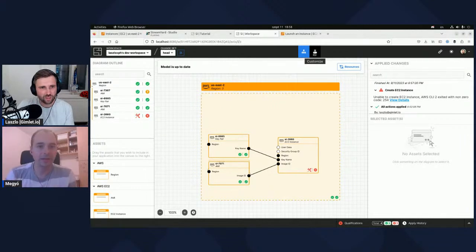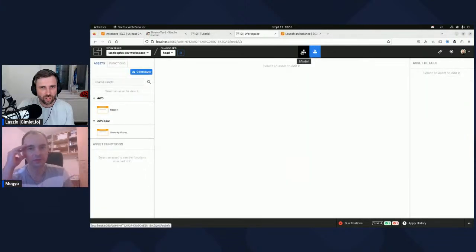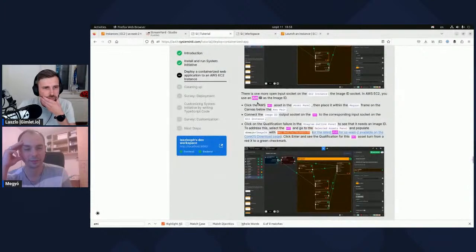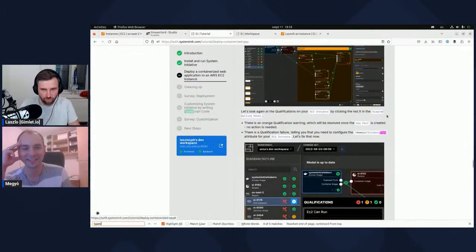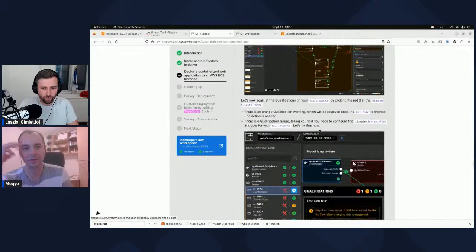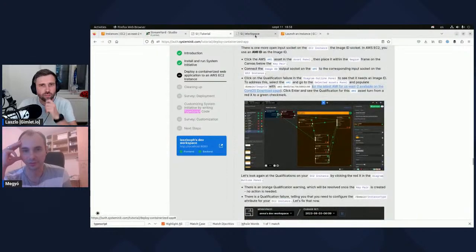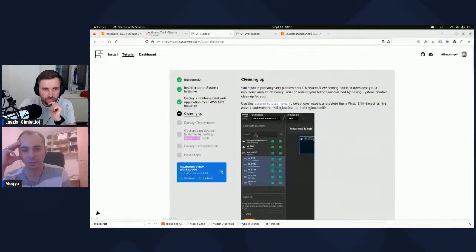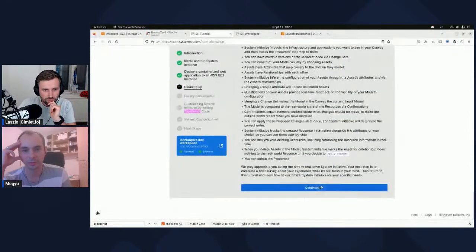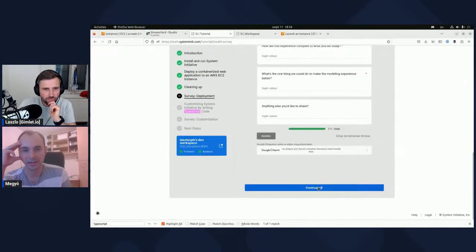Oh, forward? No, but can you go back to the tutorial and let's see if we find it somewhere. I know that there is somewhere. Like type. Oh, customizing system. Yeah, but you have to continue. But somewhere in the back, you should be able to get that.